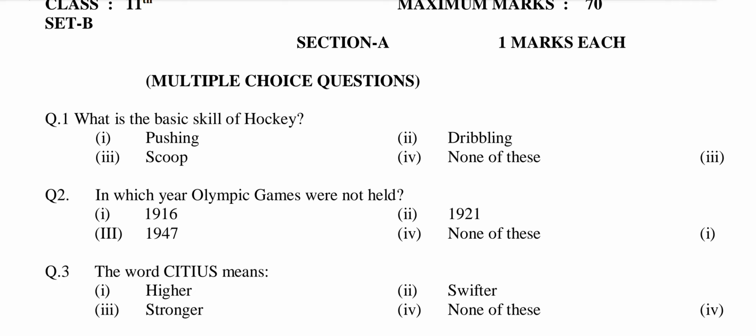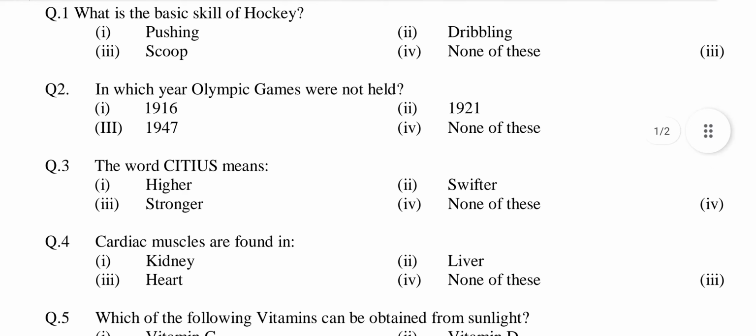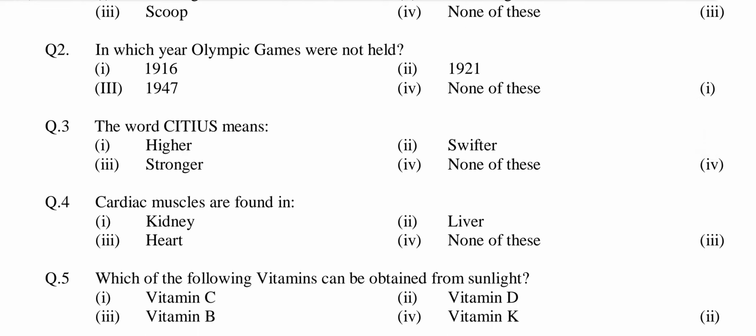Question number 2. In which year were the Olympic Games not held? Option first, 1916. Second, 1921. Third, 1947. Fourth, none of these. Answer is option first,